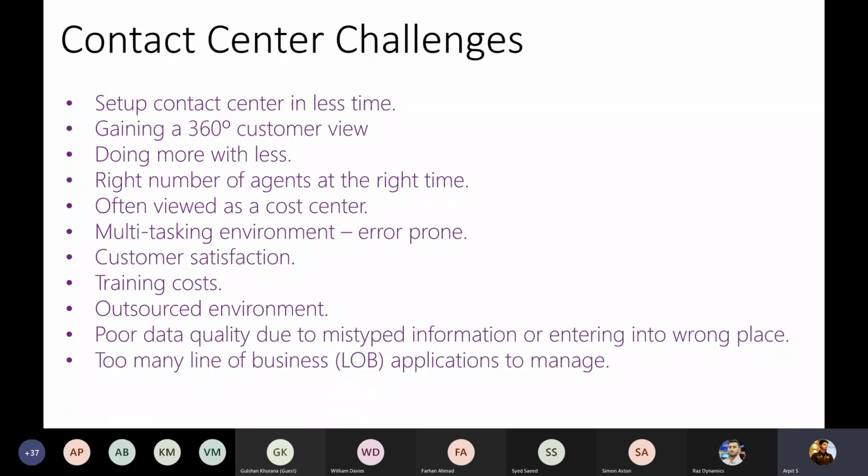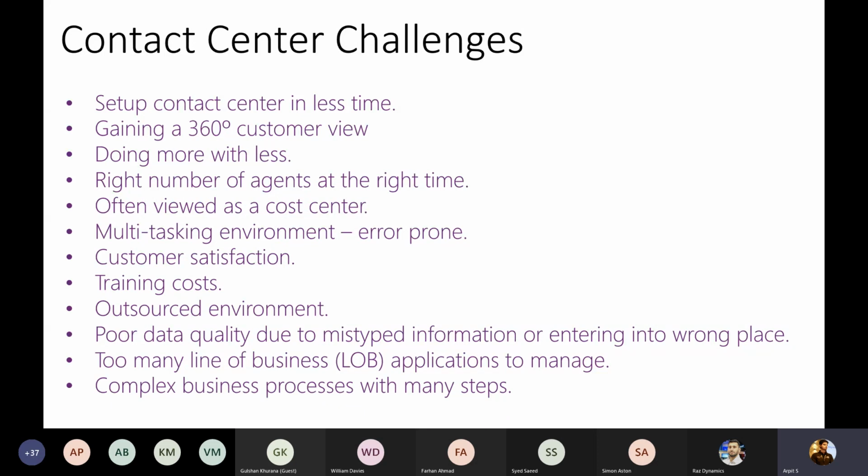And there is one more that I already discussed: too many business applications you have to manage, right? If I am a call center agent, I might get SMS, calls, emails, and queries through various social media channels. A lot of mediums I can get queries from, right? And I might need to open multiple business applications. I face a lot of challenges if I have to access different applications in order to get the customer information. And the last one is the complex business process with many steps.